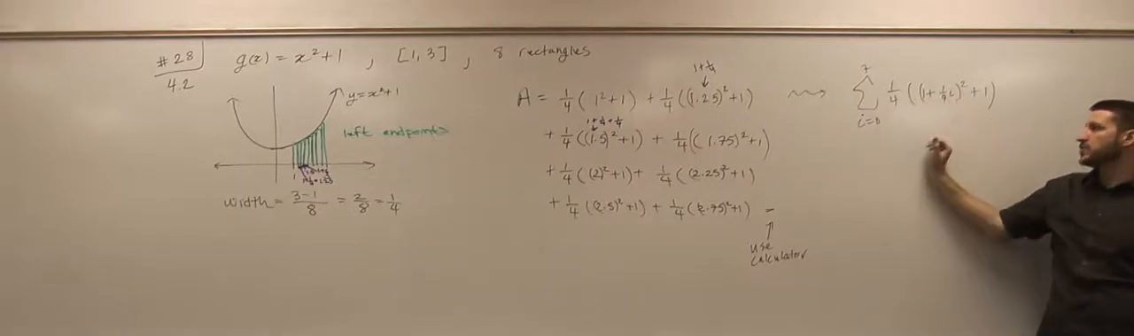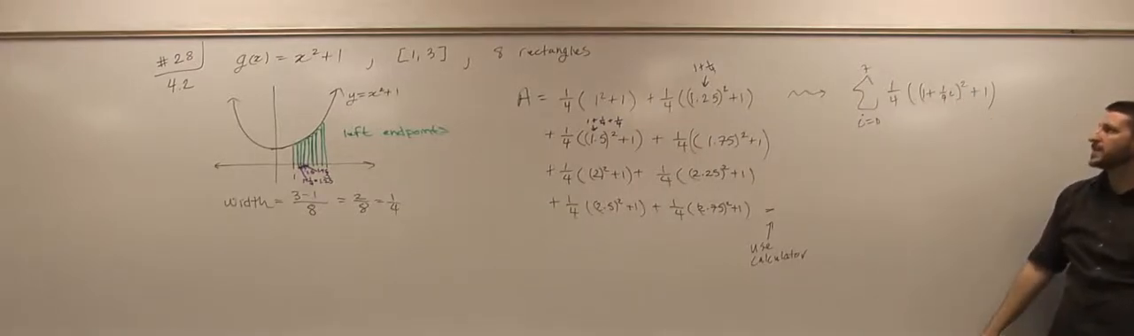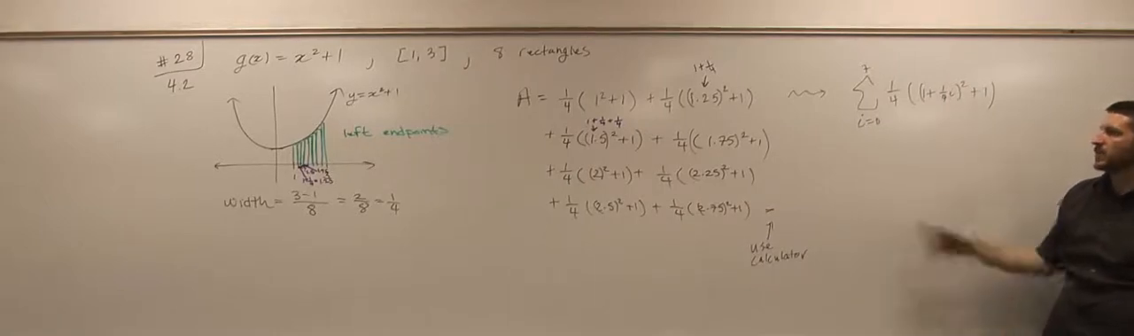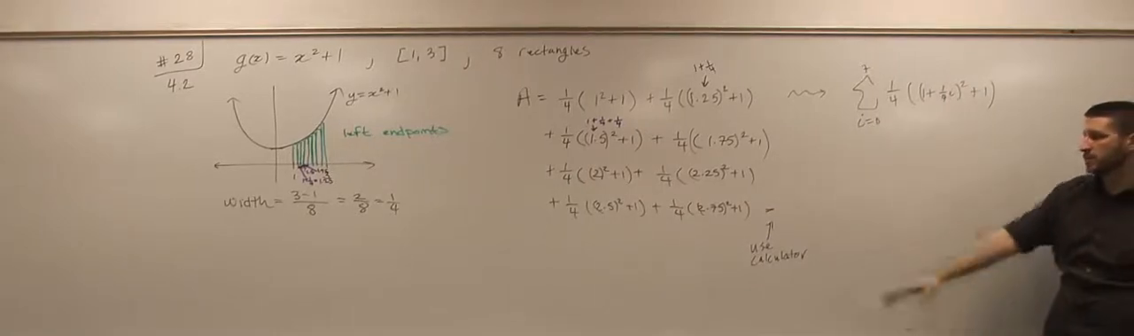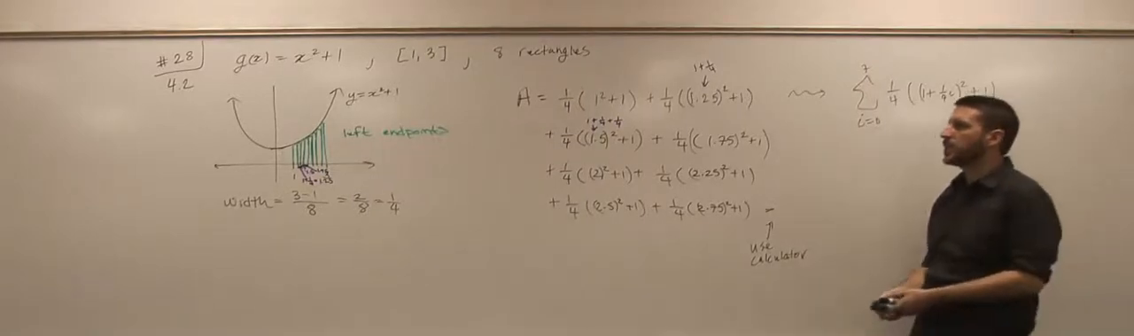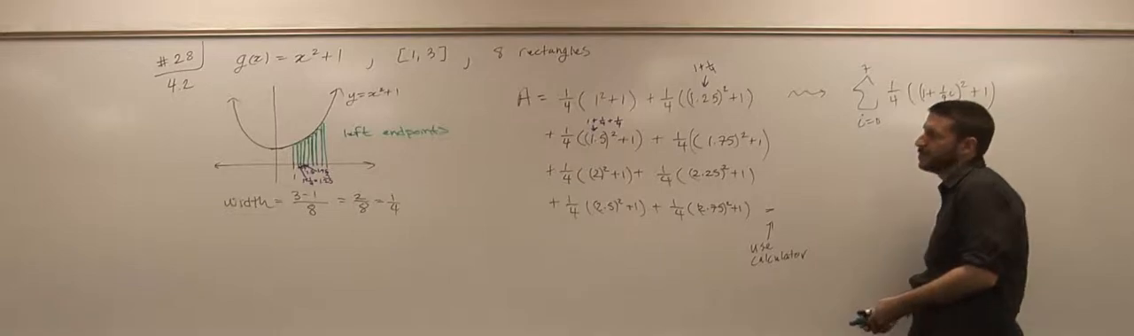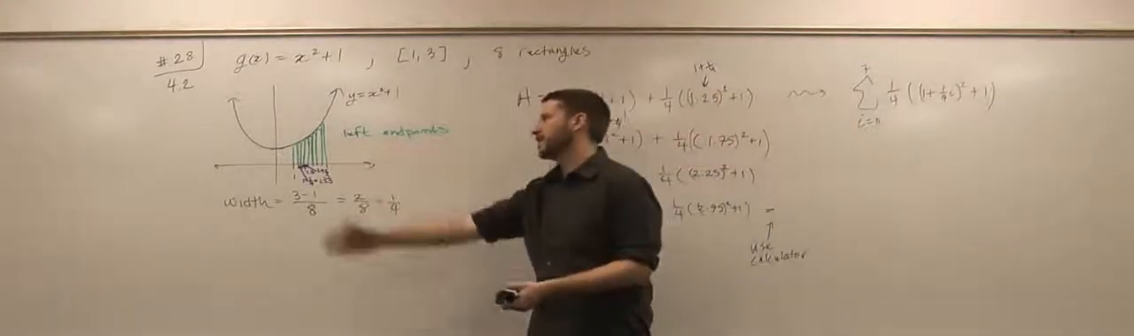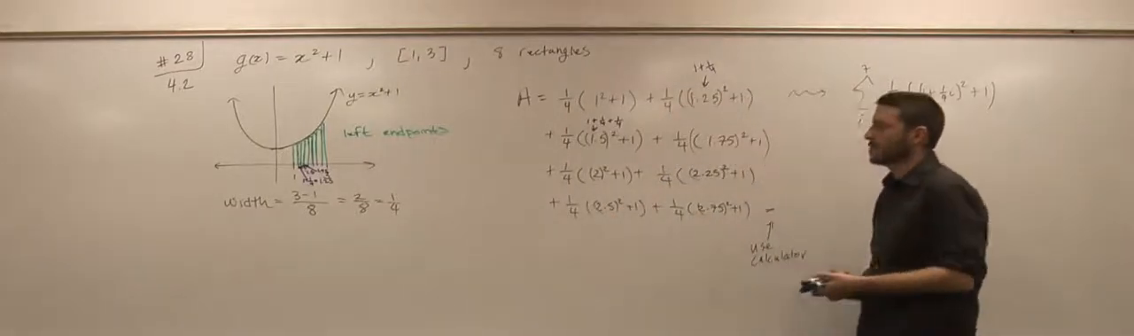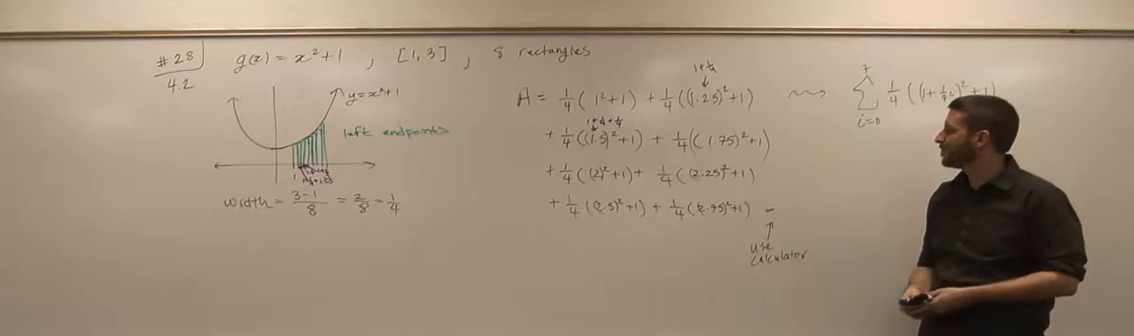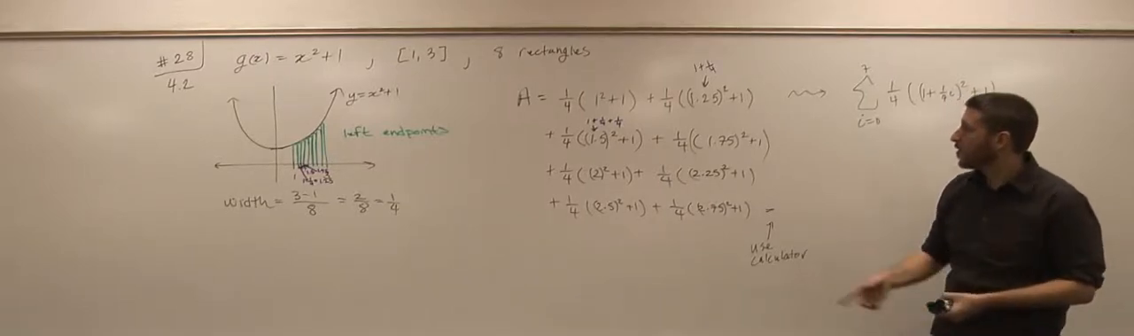You could then try to use your formulas, I guess, to sum this up, but I don't think it's going to save you any time over just plugging this in your calculator. As far as tests and quizzes go, 8 rectangles is a bit much. I mean, the more rectangles you use, the better the estimate, but the more time you waste. So, I'll stick to 4. Although,